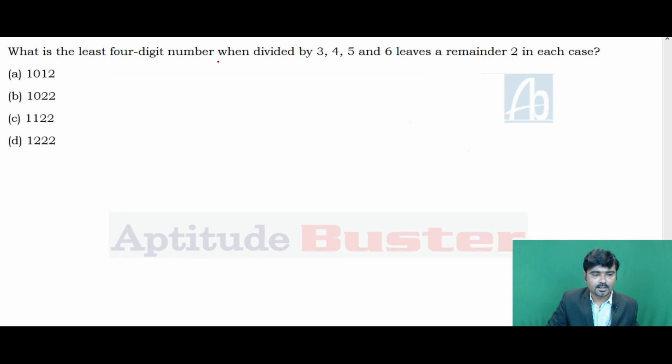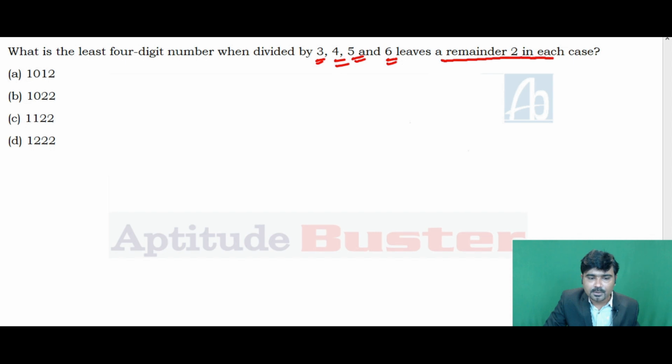What is the least 4-digit number when divided by 3, 4, 5 and 6 leaves a remainder 2 in each case? What's the divisibility rule for 3? Sum of the digits should be divisible by 3. What's the divisibility rule for 4? Last 2 digits should be divisible by 4. What's the divisibility rule for 5? The last digit is either 5 or 0. What's the divisibility rule for 6? The number should be divisible by both 2 and 3. These are the divisibility rules, right? Okay. In this case, it's given